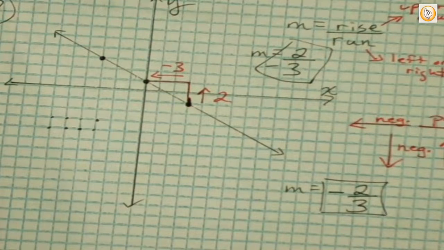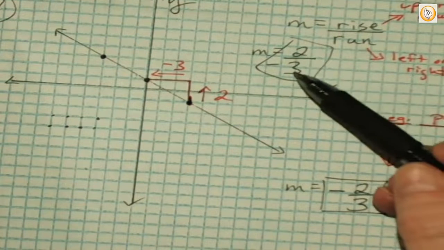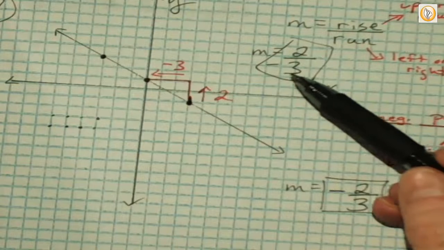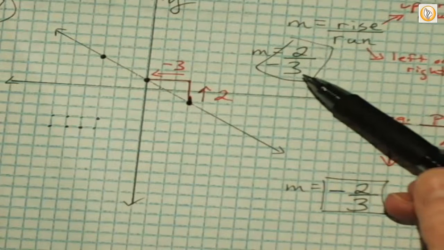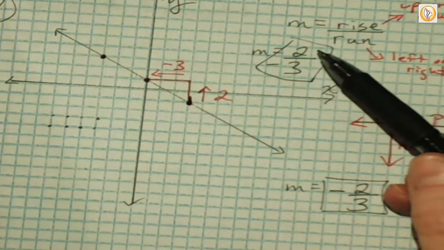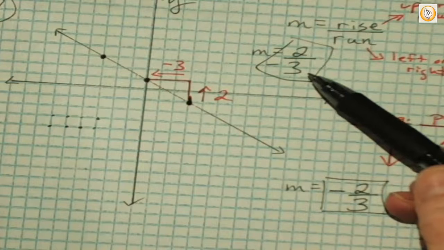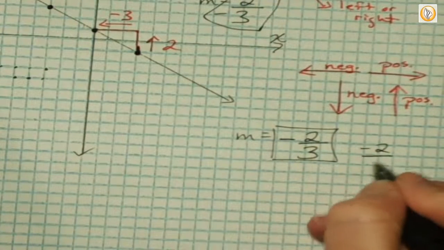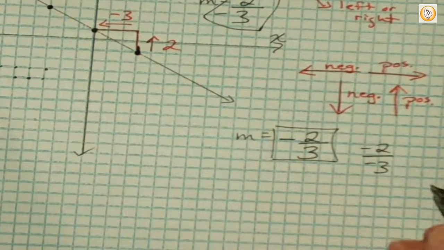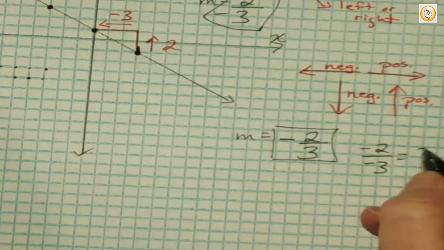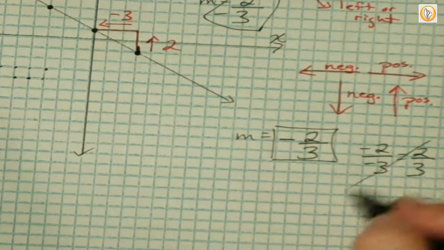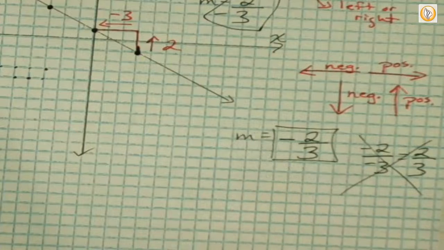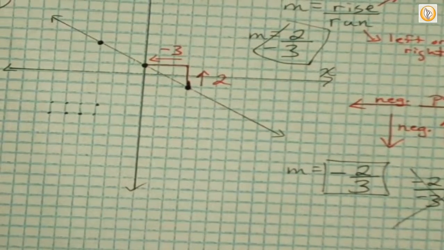It doesn't matter, with the negative sign. The negative doesn't necessarily have to be with the 3, because if you remember last year, the negative can go with the 2 or the 3. You can't have a -2 and a -3. Y'all remember that? If I have a -2 over a -3, what does that become? Positive. So you cannot have a negative over a negative. The negative either goes with the 2 or the 3. For example,